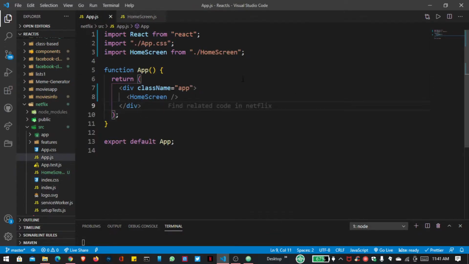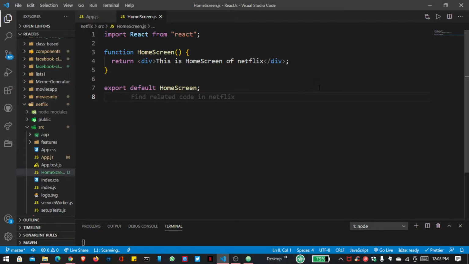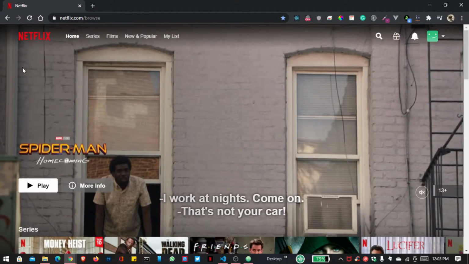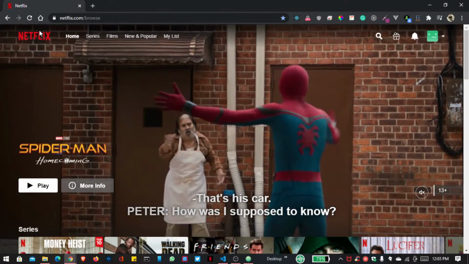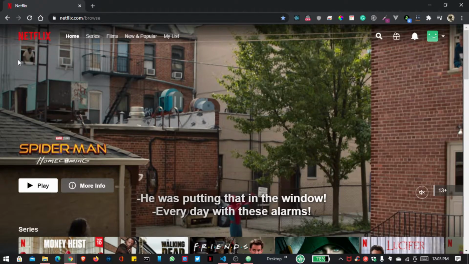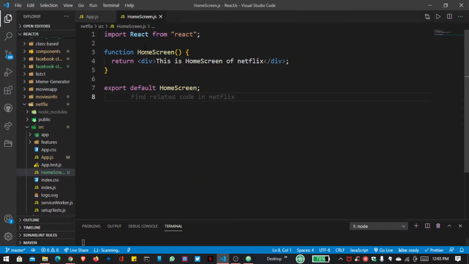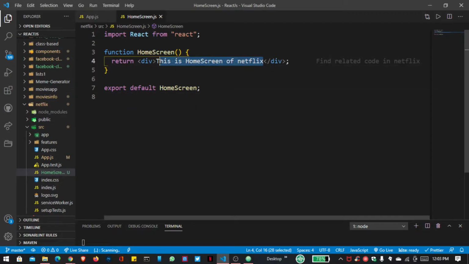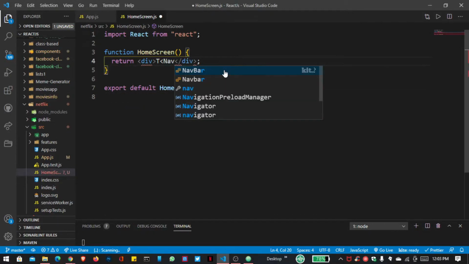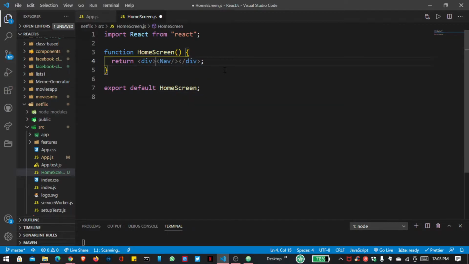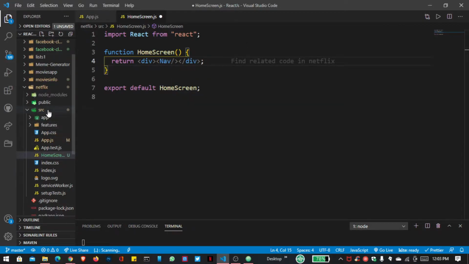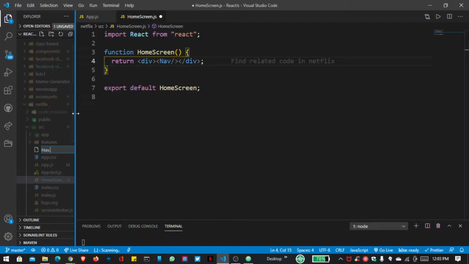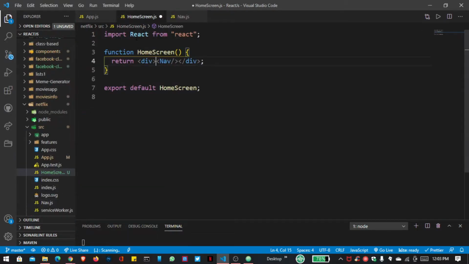and we import this file inside our App.js. And inside our HomeScreen, first we are going to build the nav bar, because you can see here inside our Netflix app this is our nav bar. So let us create that. So instead of this text I want to use Nav. So let us create a new file inside our src and import it inside our HomeScreen. So import Nav,